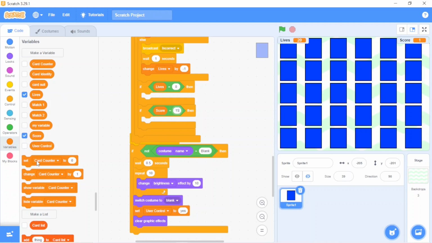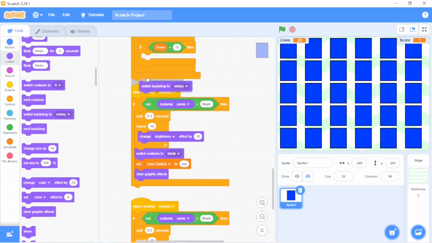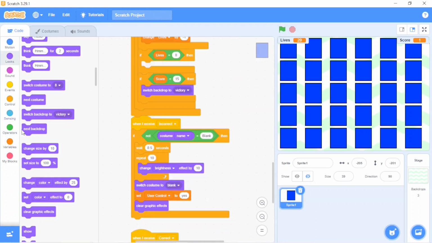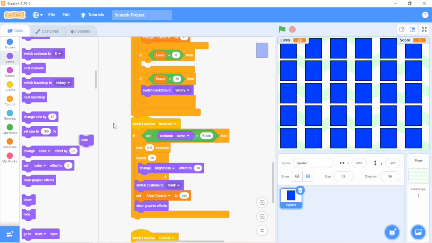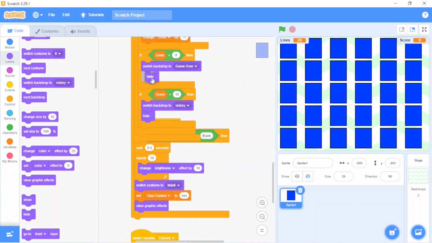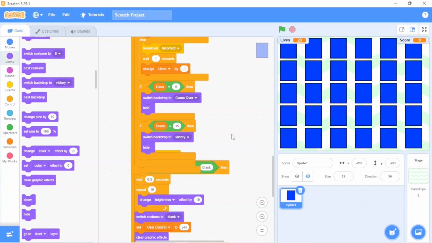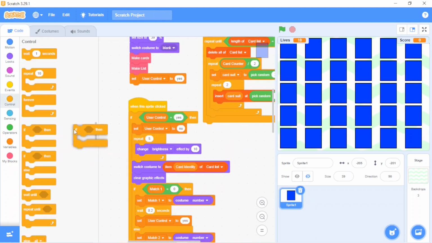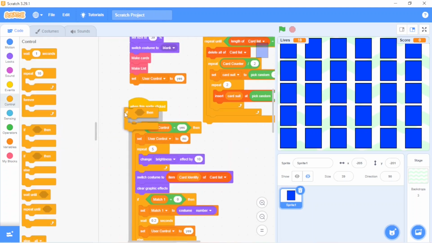Then what should I do? The backdrop should be changed. Here the backdrop should be victory and the sprite should hide. Here I will choose hide. And next, same for life, the backdrop should be game over and the sprites should hide. Okay, it's done. And I will place this if condition into the whole block present under when the sprite is clicked.